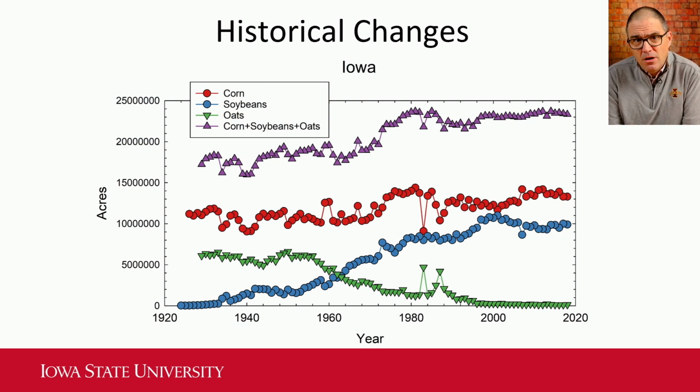This is looking at land use divided up into, in this case, 3 categories and then a combined one: corn, soybeans, and oats. And then the purple triangle at the top is the combination of corn, soybeans, and oats. I really like this graph because sometimes I've heard people say that with biofuels in Iowa, we've seen an exponential increase in corn acreage. Or I've heard people say that in the late 2000s, about 2010, Iowa became a continuous corn state. Well, if we look at the red circles, the one right in the middle,